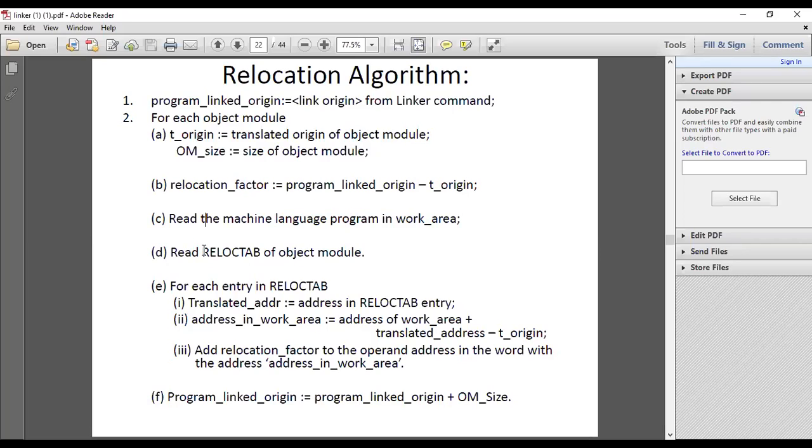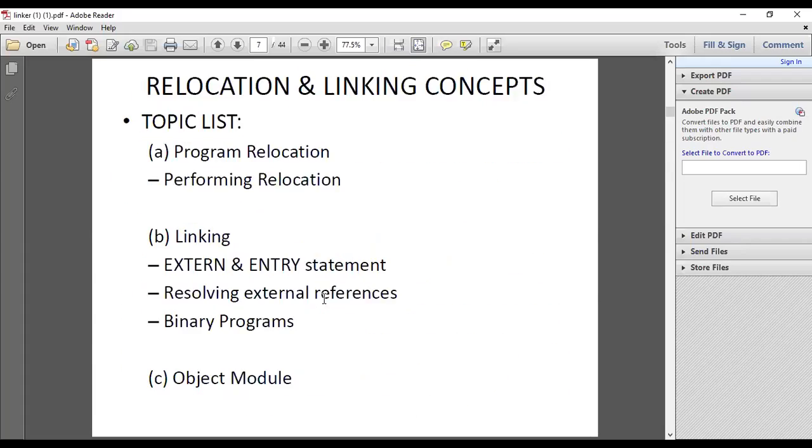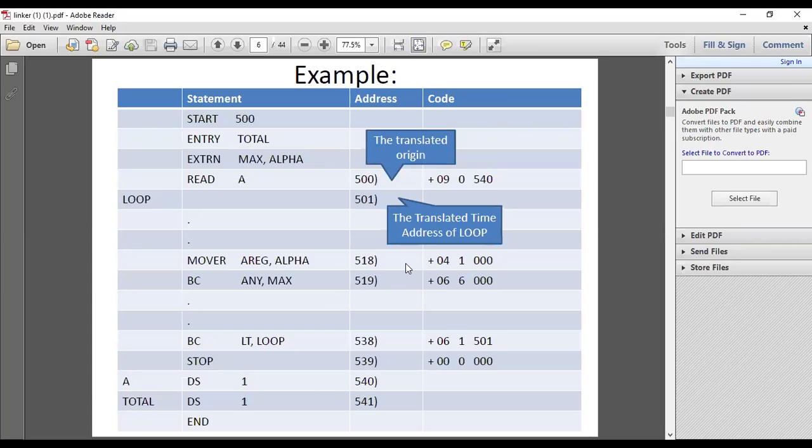And after that, read the reloc_tab of the object module. You know that in the reloc_tab we have the translated address of each address-sensitive instruction. This is our program.